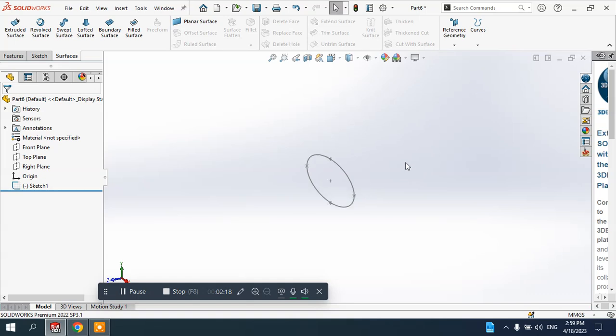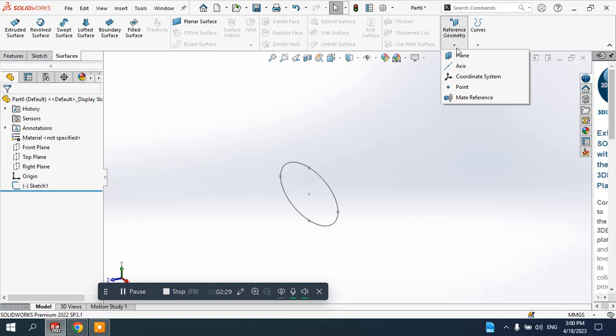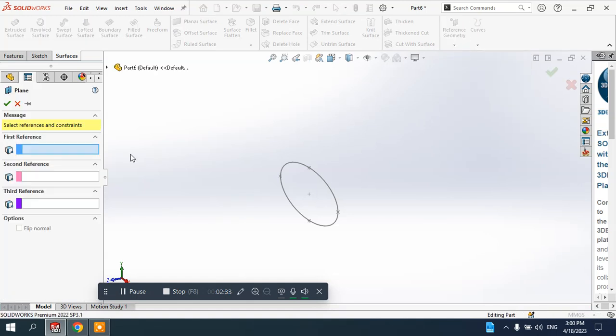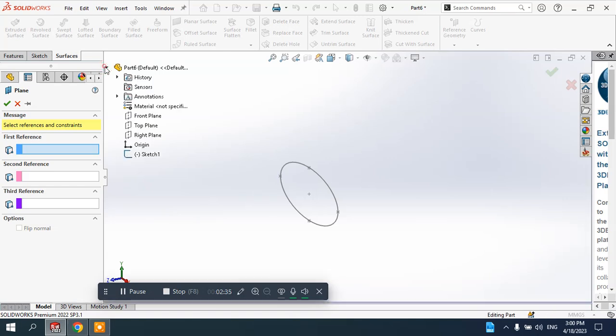So I have the ellipse, the first profile, and obviously we need to create the second profile to use the boundary surface. In order to do this, I will create a new plane, which is parallel to